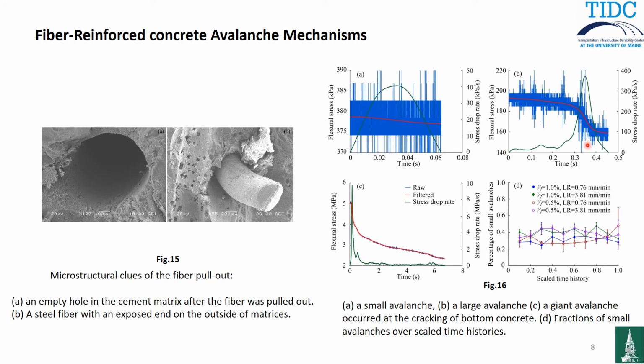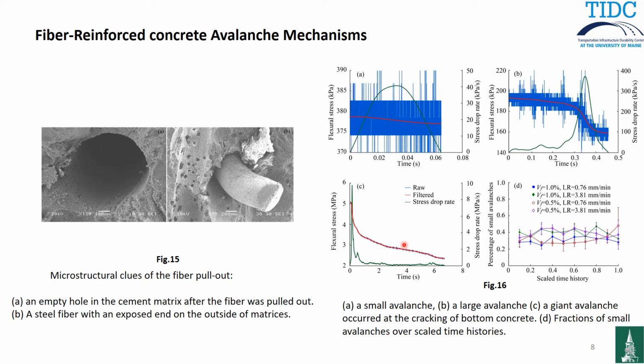But what we can see here is if we look at the different types of avalanches, like this one, this is a small avalanche. You have a relatively small magnitude, and they have this parabolic shape of the rate. This is consistent with the mean field theory we presented in previous slides. But other times you will see that we have a stress incubation period. It takes a while before the stress drops suddenly, so you have a rate increase accordingly. That means this kind of fiber pull-out needs an incubation period.